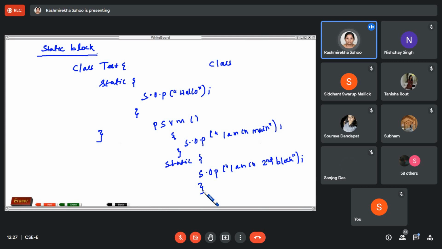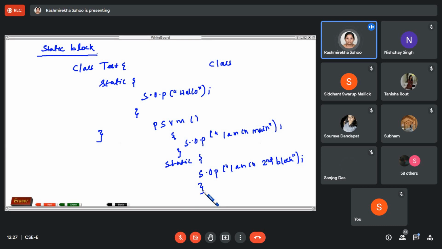Now, what is the use of this static block? Sorry, I was repeatedly saying static method. The use is that suppose you want to perform some activity at the time your class is loading. In system level programming, we need some activity to be done while loading that particular class.